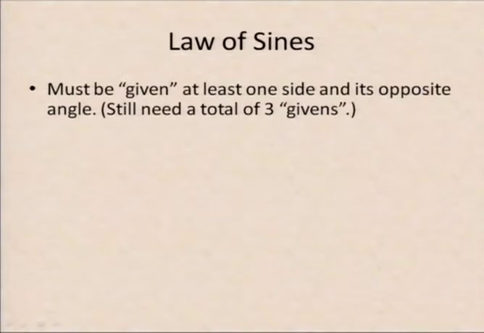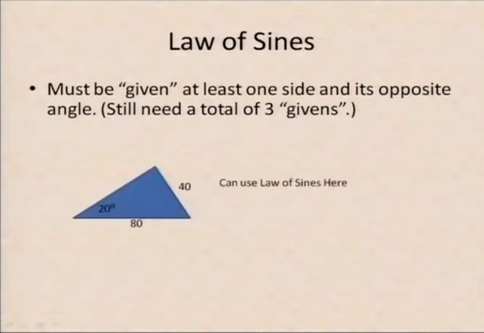So, law of sines. We have to have at least one side and its opposite angle. Of course, we still need those three givens that I said is an absolute must that we must have every time. So if we look at this thing here, we can use the law of sines here because we have a side of 40 and the angle opposite that of 20. As long as we have just one pair of those and some third piece of information,